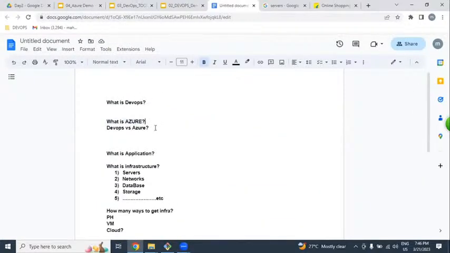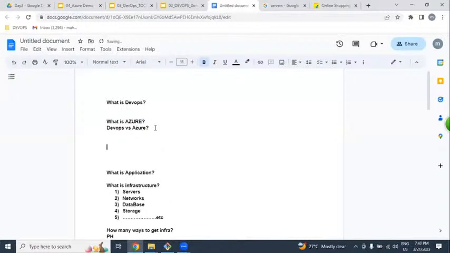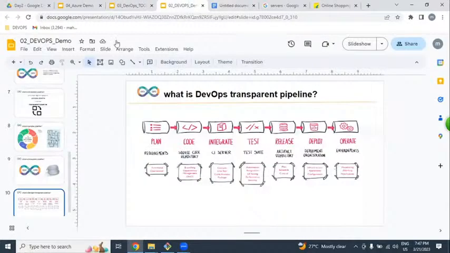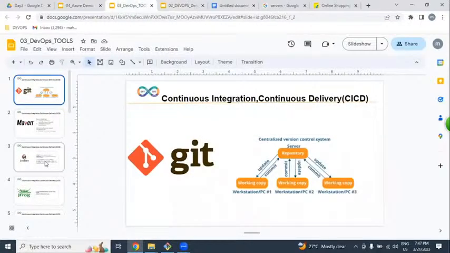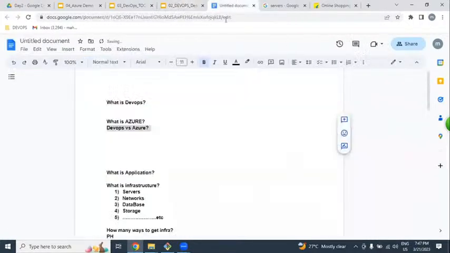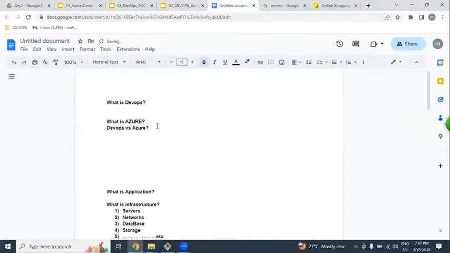Okay. So what is the difference between these two, Azure and DevOps, please? By using DevOps, we are going to be implementing an automated process with the help of these tools, which we understood very clearly. But while implementing this DevOps process, we require an infrastructure. That infrastructure we're going to be getting from where exactly? Azure, as a rental basis.